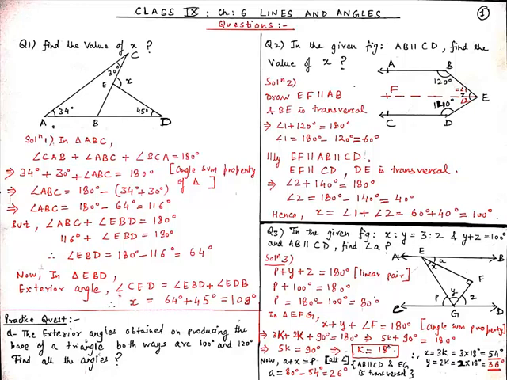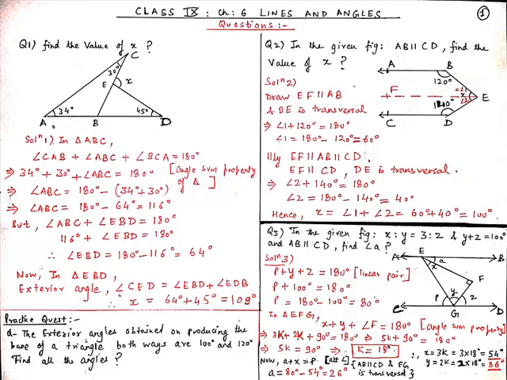So from here we can say that angle 1 plus 120 degrees is equal to 180 degrees. Therefore angle 1 is equal to 180 degrees minus 120 degrees, which is equal to 60 degrees. And now since EF is parallel to AB and in this question AB is parallel to CD, we can say that EF is also parallel to CD, where DE is the transversal. And now if DE is the transversal, then angle 2 plus 140 degrees is equal to 180 degrees. Therefore angle 2 will be equal to 180 degrees minus 140 degrees, which is equal to 40 degrees. And now the value of X will be equal to angle 1 plus angle 2, which is 60 degrees plus 40 degrees, and this is equal to 100 degrees.